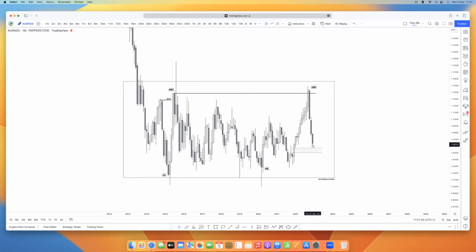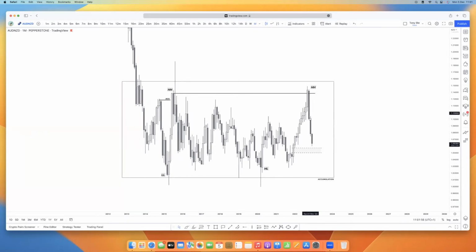So what I'm anticipating on the monthly is maybe a little more push to the downside. And then, I mean, it has been selling for a very long time, so selling a little bit more won't be bad. Come down and then go. I'll be looking out for bullish price action in this area. More like a breaker structure on a lower time frame, evidence that it wants to go up.